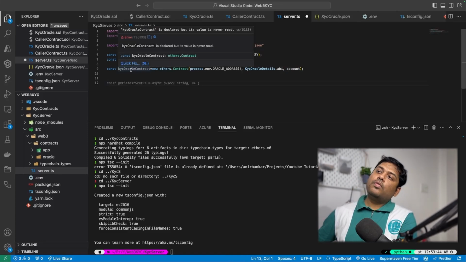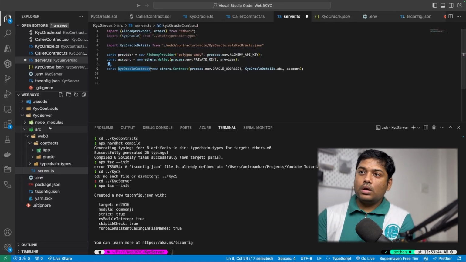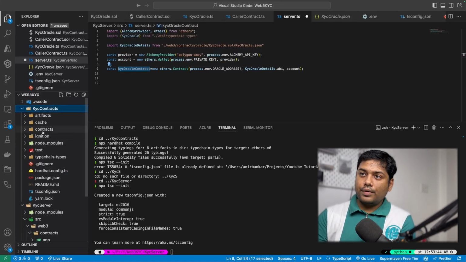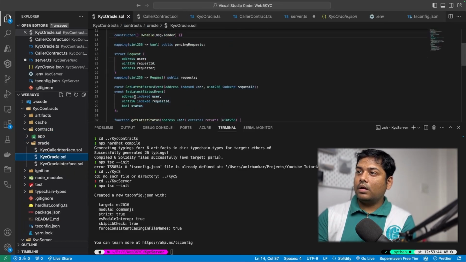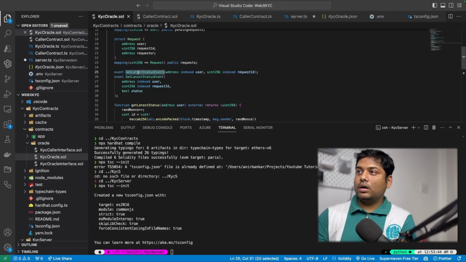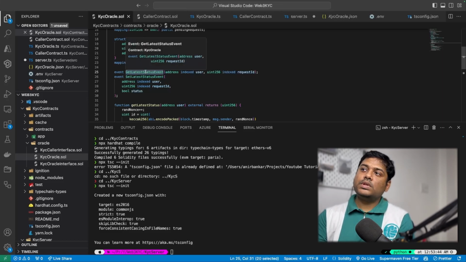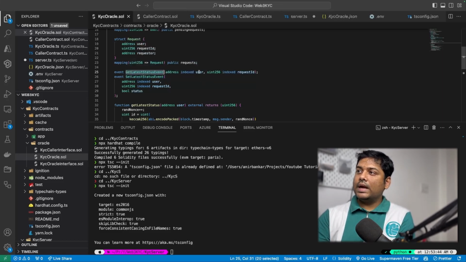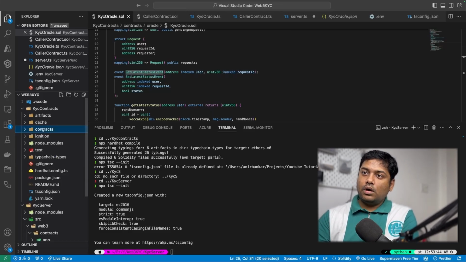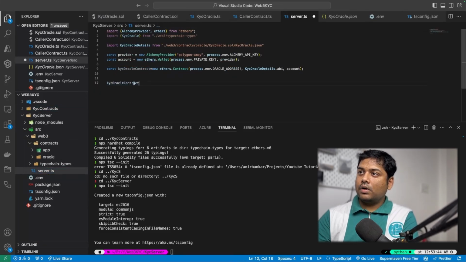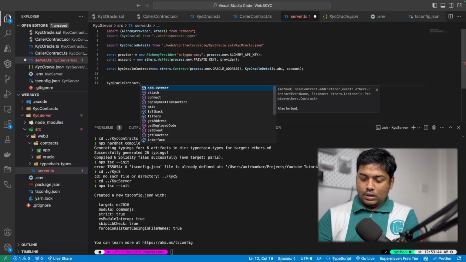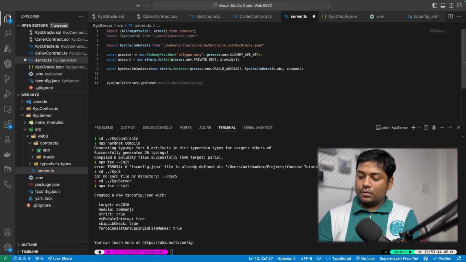So now we have to look for the Web3 contract events. If I go to the contracts, we have to look for this event, get latest status event. When we will be listening to this event, whenever an event comes, we will be getting that user details and the request ID, and we will be checking our database or doing our backend operation. So for that, we'll just have contract dot events, get event,